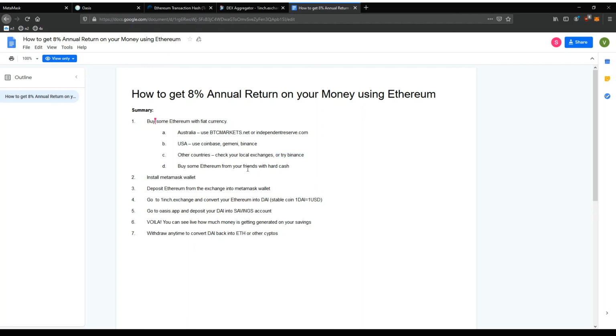And also you can just buy some Ethereum from your friends with hard cash. Let's say if some of your friends have Ethereum, you can give them some cash and they can send you some Ethereum into your wallet, and then you can play with it. Then you don't need to register and verify on any of these exchanges. So once you've got some Ethereum, step number 2 is you've got to install the MetaMask wallet, which is an extension on your browser. Then you can deposit this Ethereum into the MetaMask wallet. Then step number 4 is go to 1inch exchange and convert your Ethereum into DAI. DAI is the stable coin with 1 DAI equals $1 US. Number 5, you go to oasis.app and deposit your DAI into the savings account, and voila, you can see live